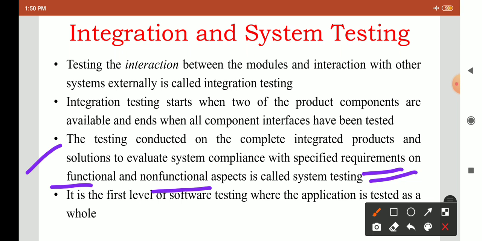What functional and non-functional testing are, we are going to see next. It is the first level of software testing where the application is tested as a whole. We check the complete application to see whether it is giving the expected output or not.